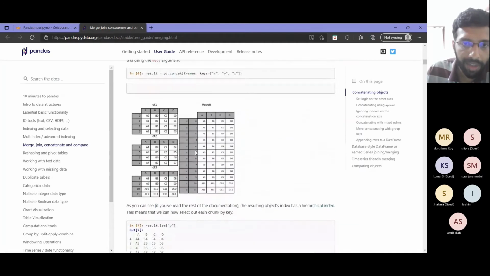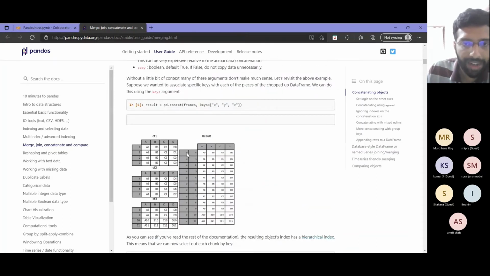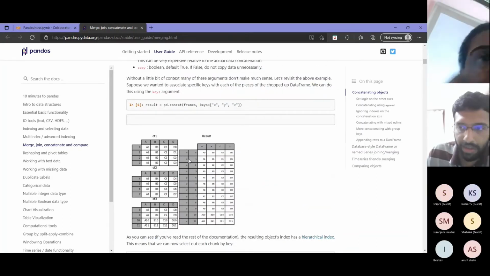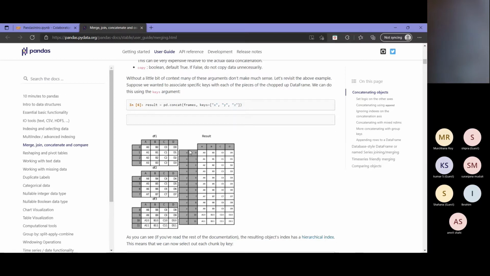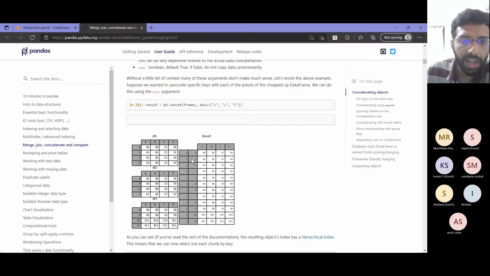Now let's see some other examples. Suppose I want to add an additional entry which tells me from which data frame this data originally came.